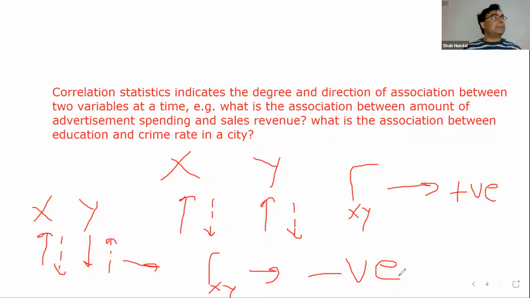Does it make sense? Then the question is, if this is the direction, what is the degree? What is the degree of correlation? In that case, we need to go to the next thing. Generally, when you draw X and Y variable,